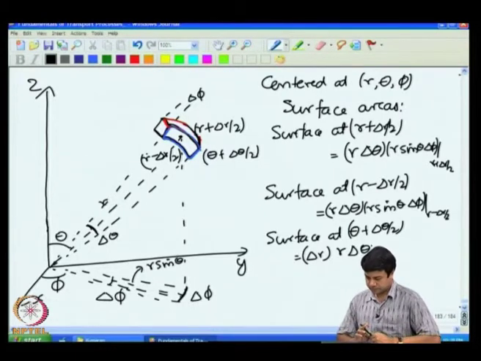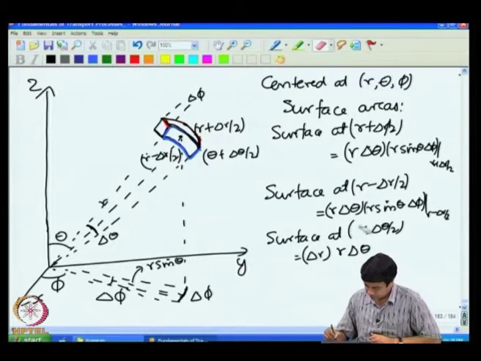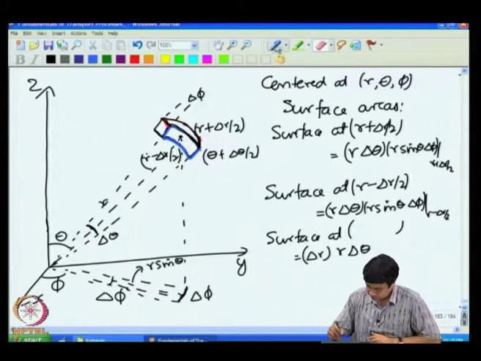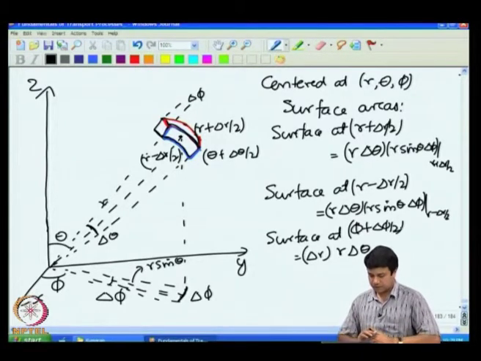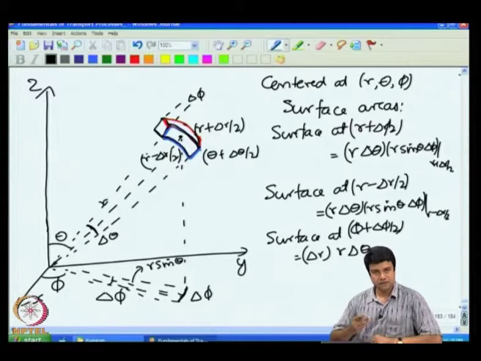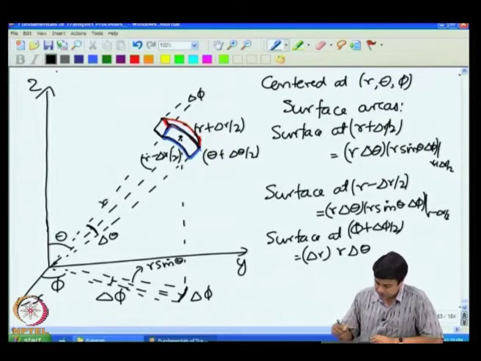I am sorry, this should be at phi minus delta phi by 2 and phi plus delta phi by 2. There is the front surface and the back surface. These two are separated by an angle delta phi. For these two surfaces, which are separated by an angle delta phi, they are perpendicular to the phi direction, perpendicular to the unit vector in the phi direction. And therefore, the surface